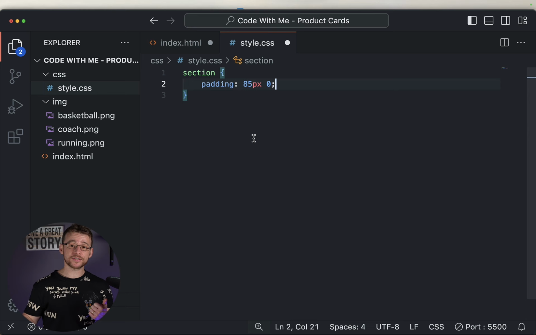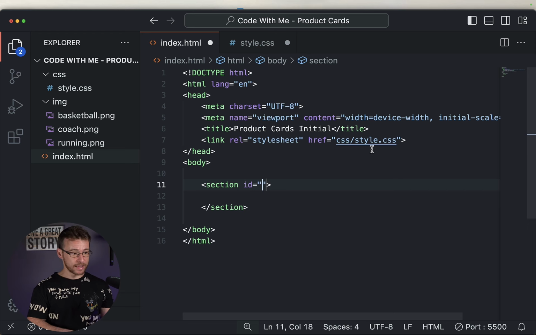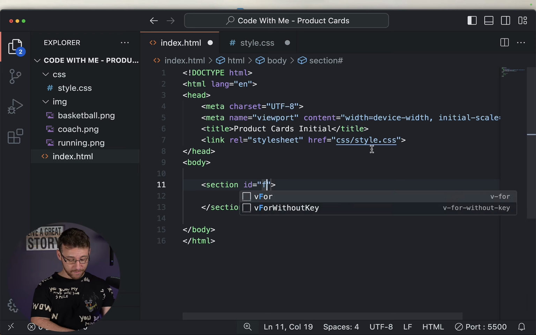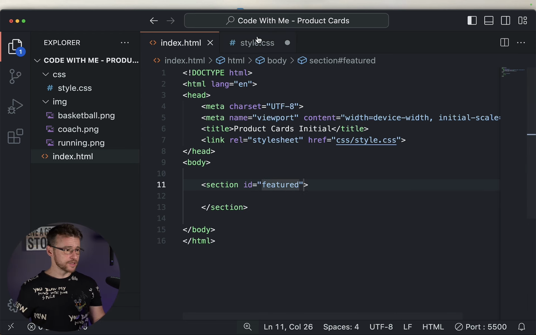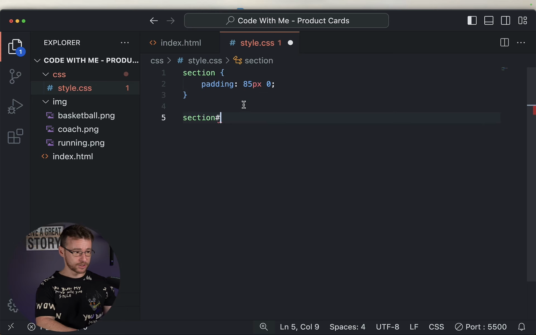Now I'm not going to set the background color here because normally different sections will have different background colors. So I'm going to apply the background color to this section specifically. So for this one, I'm going to add an ID of, let's say, featured. So let's use this ID. And for this specific section that has the ID of featured,